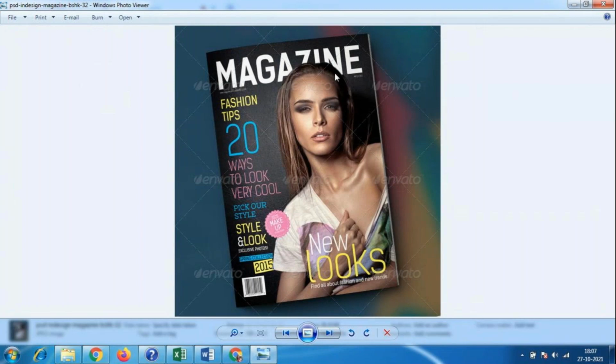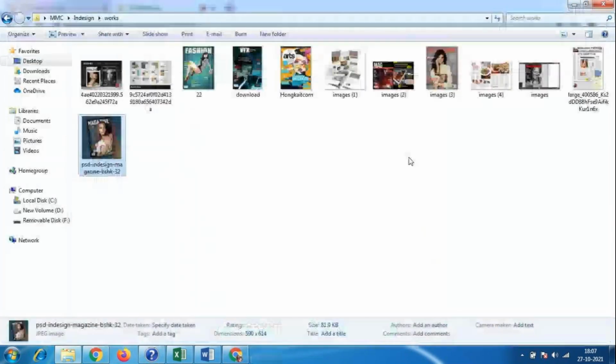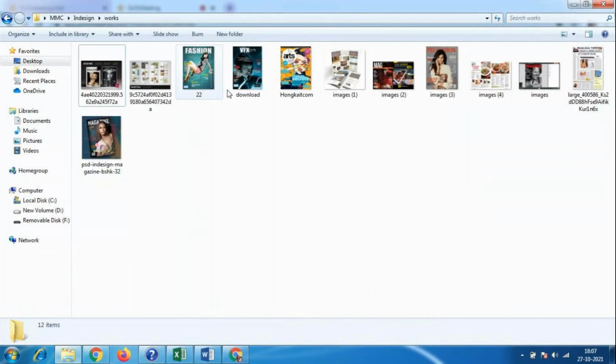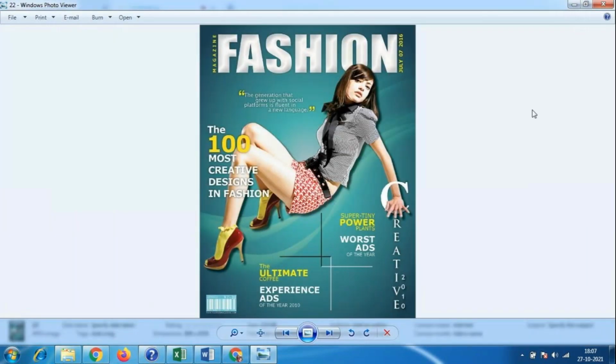If you know the editing of this model, how to make it bright or add any other effects, we can go to any other software, add the text, and change the design accordingly. So at the end of the day, in any design, the image is very important. Whatever design I have taken, this is fashion photography. According to that they made a photo shoot, and we have the background color and all.